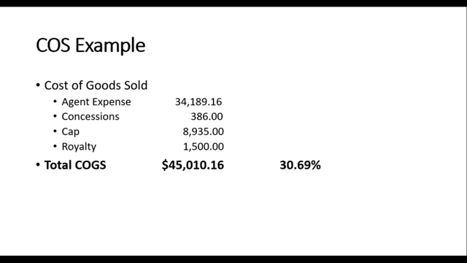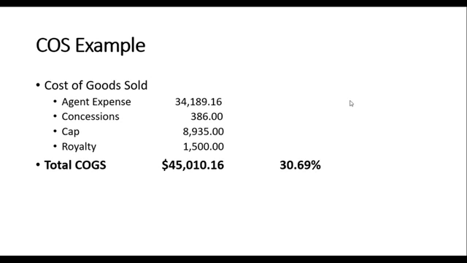If the Rainmaker for some reason is paying the cap and or the royalty for one of the agents on the team, then yes, we would report it. If they're not, then we don't report it. So typically you'll only see the Rainmaker's cap and royalty under cost of sale or under cost of goods sold. Now, before we move on, look at the total cost of goods sold, $45,010.16. And you see to the right here, we've got